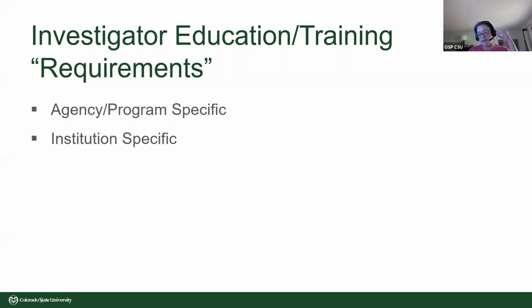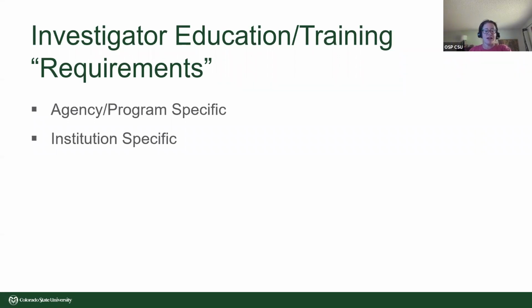The other thing Jeff talked about was the misfortune of the term exempt. Sometimes research is exempt from review, but it is up to our institutional review board to determine if the research is exempt from that review. It is not up to the investigator to make that determination. So just know that this information can vary. It could be that you're applying to a specific program or agency which has specific requirements. Your institution may have more stringent requirements as well.